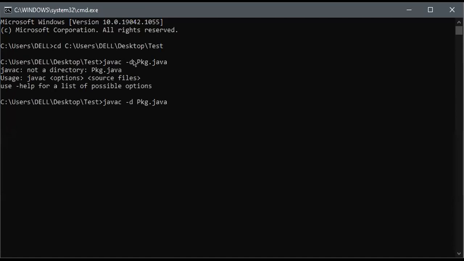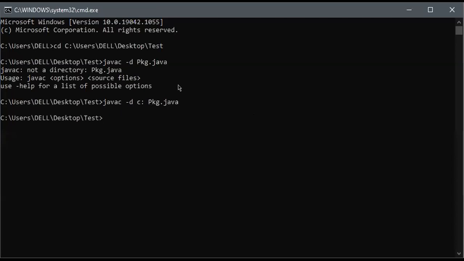So let me do it again. We'll go for C:. So I mentioned the C: and the name of the package. What I am telling the program is: inside the C drive, go and create this folder, this package, and then place the class of this package over there. Let me run this. Yeah, you will check it now.